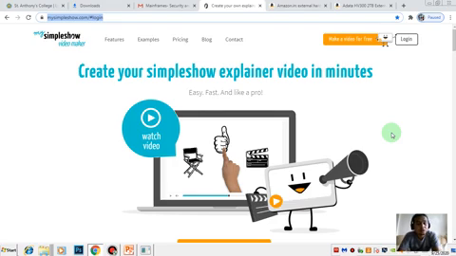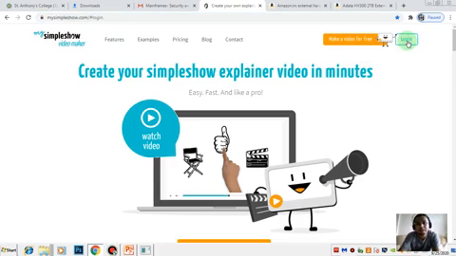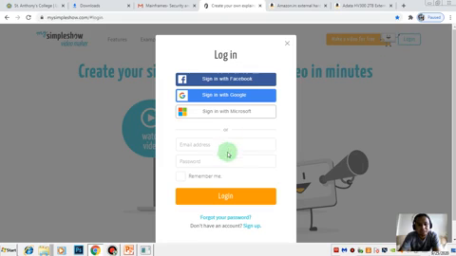Now when you load this particular website mysimpleshow.com through your web browser, immediately it takes you to this interface of this particular website, and you'll have a good number of options available here. Now if you want to register, on the extreme right hand side of the website on the top you have this option called login. So you have to click on it, and immediately it takes you to a form which